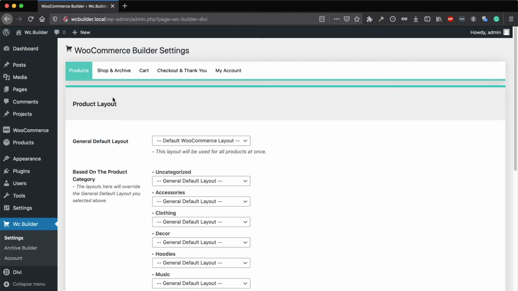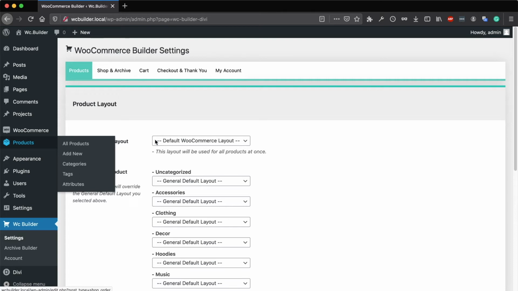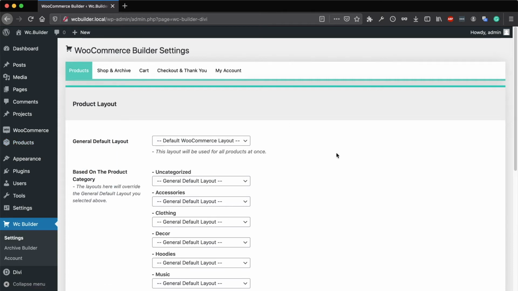Here you can set the one default layout, which we call the general default layout, and this layout will be applied to all of your products at once. Applying the layout from here will not change the content of the products, but the layout will be applied on the front end for your